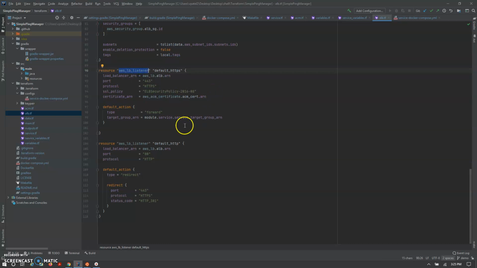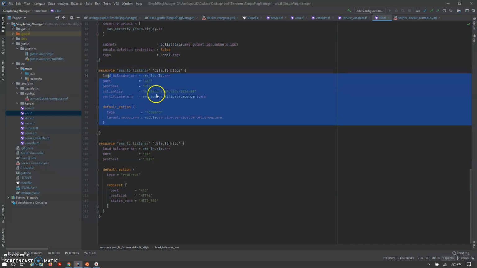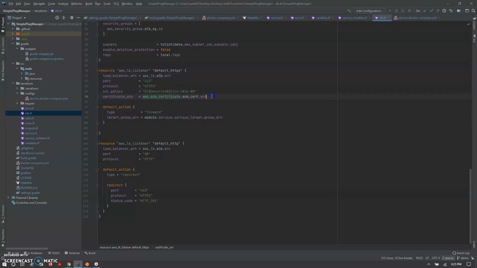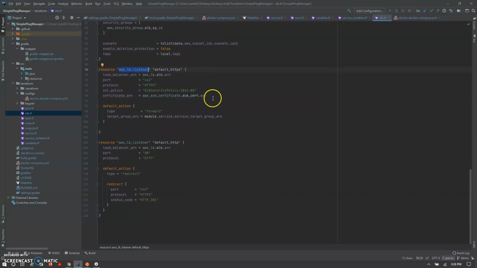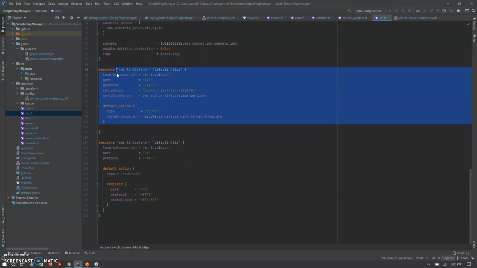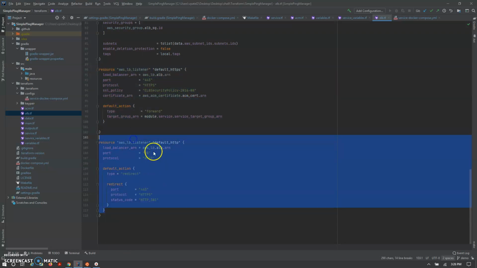We have created the listener for a particular load balancer, and with this listener we are passing the certificate. This certificate file, which we created as part of ACM, will be populated to the Elastic Load Balancer listener. This listener is created for HTTPS, and this one is created for HTTP.